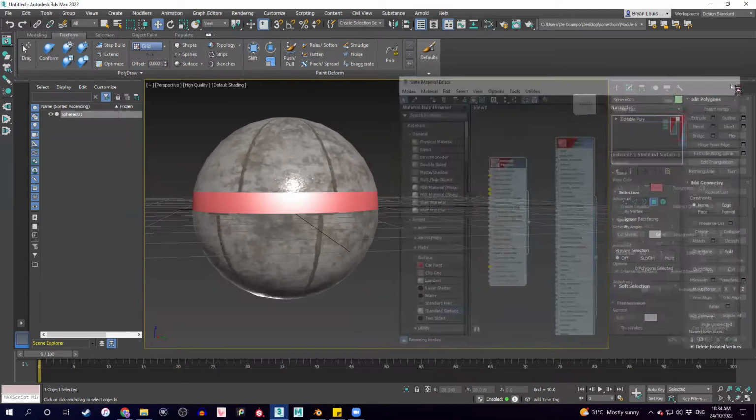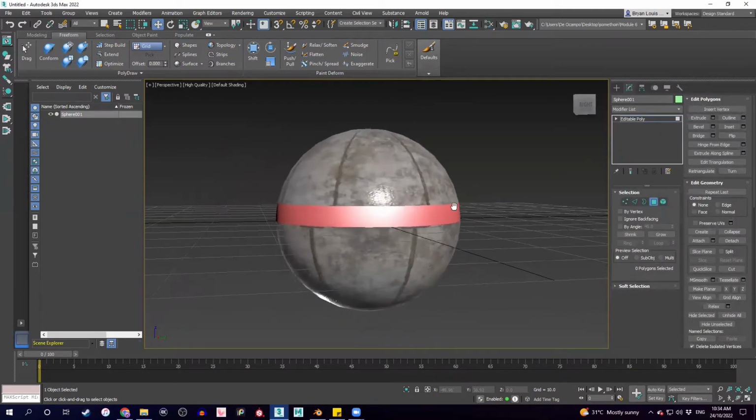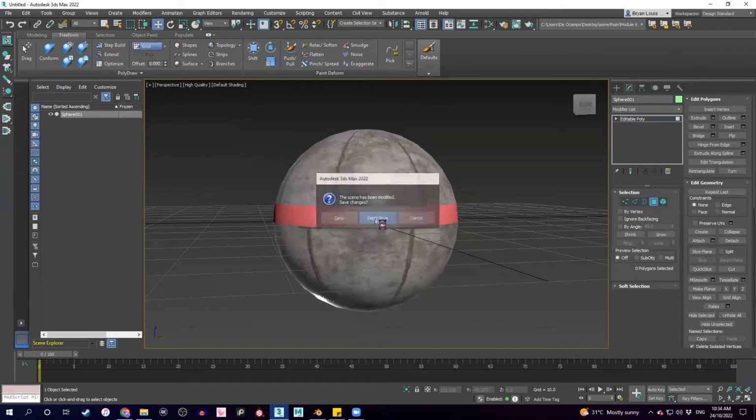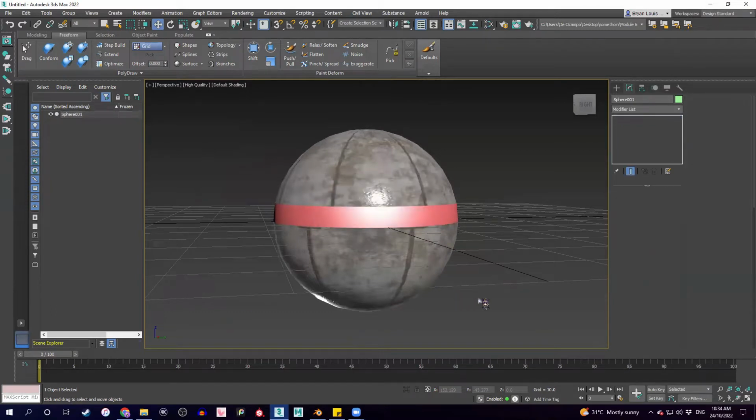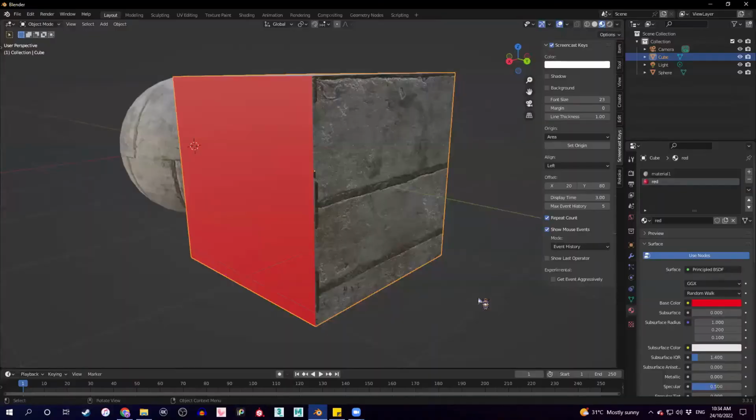Let's move on, guys. Move on na tayo. Okay? So, close out ko lang to. Don't save. Because like I said, guys, we'll only be using our Blender for this one. Blender lang tayo dito, no? So,